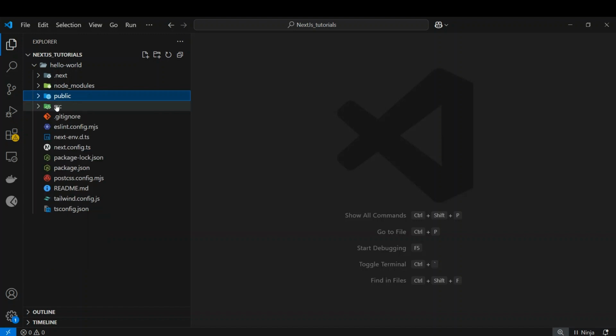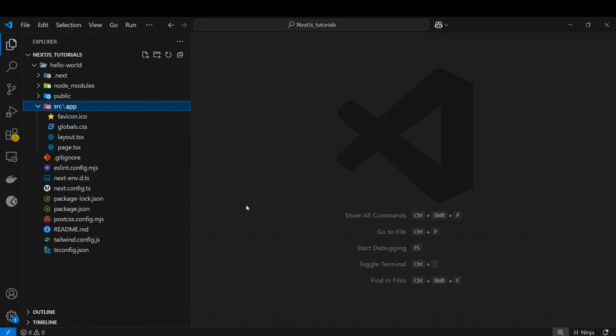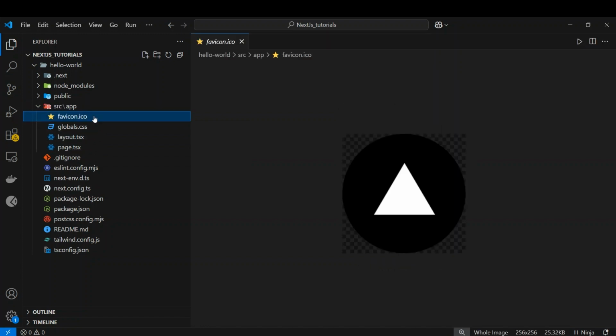So let's now explore the source folder of the Next.js application. Here, the source folder consists of a few files. One is the favicon, and the most important thing inside the source folder is the app router, which is where we will expand more over time on this particular application. In the app router, you can see the favicon, which will be used as the icon of your application. Then we have the global.css.